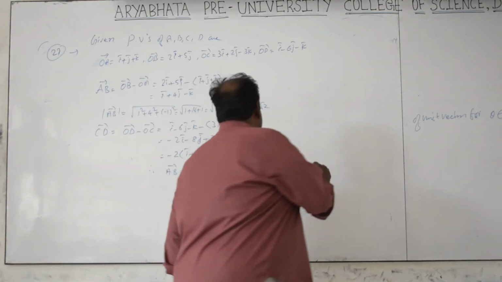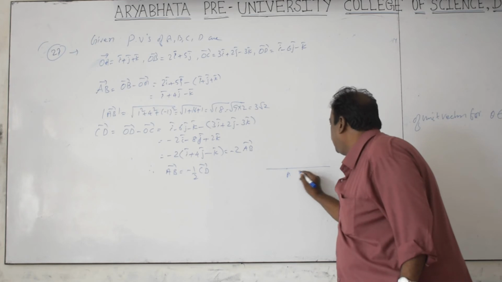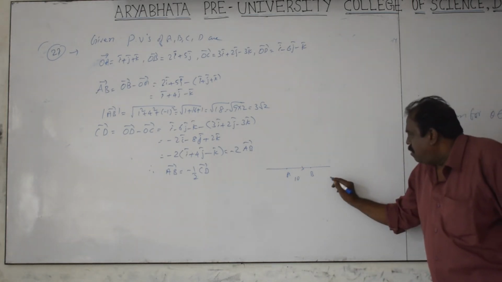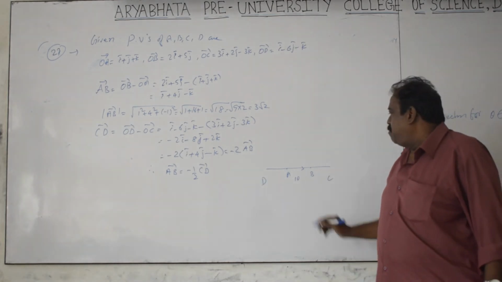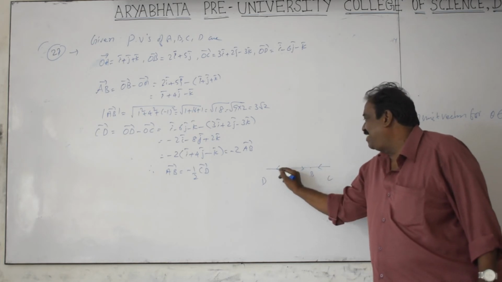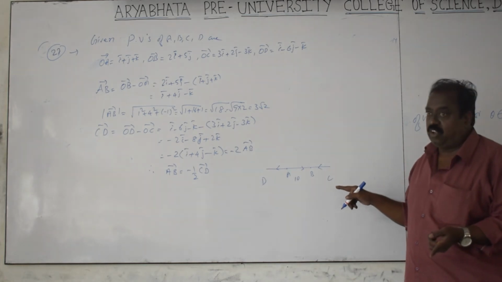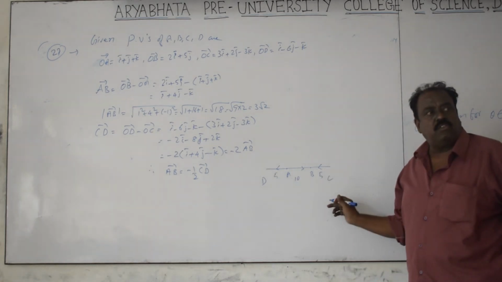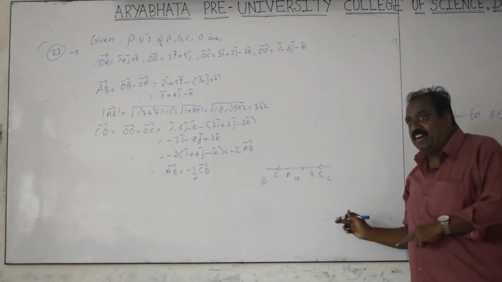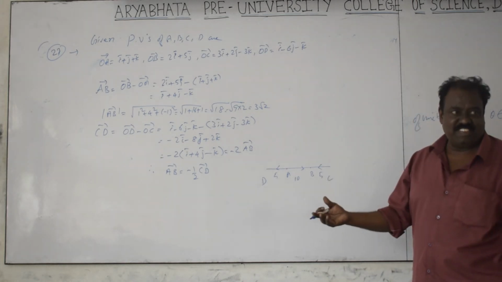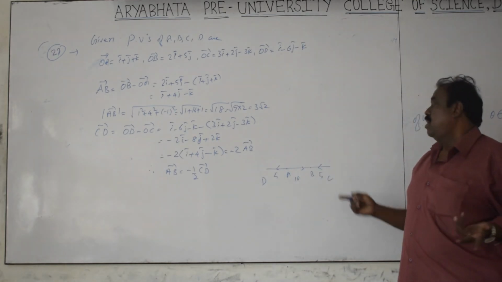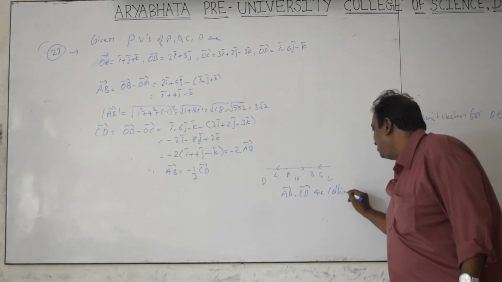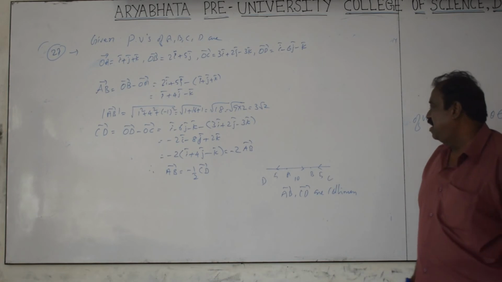Diagram: suppose this is AB, of length 5 units, A to B direction. But CD has direction from C to D, reverse to AB bar, with length 10. Now AB bar and CD bar are collinear. Two or more vectors are called collinear when the lines of direction of those vectors lie on a line.